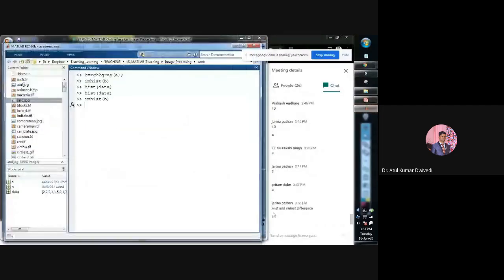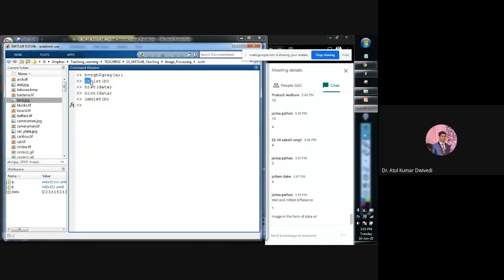Yes, hist and imhist are different. Hist is for data. Imhist is for images. Hist for data is not two-dimensional. This is not an image. And imhist is specific to images. Whenever a command has im in the front, that means this command is specific to images. Yes, images are in the form of data only, but when the data is one-dimensional, an image is two-dimensional data. So if I apply the hist command to the image data,